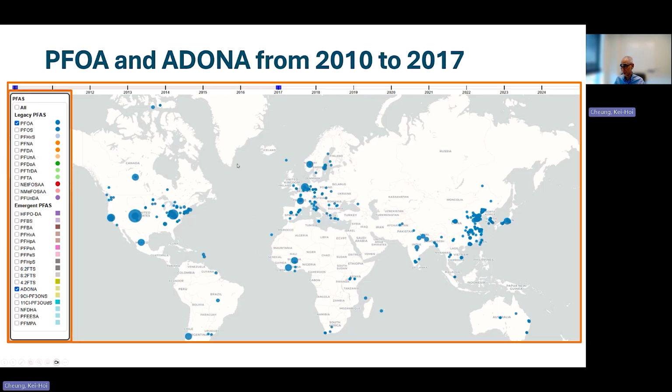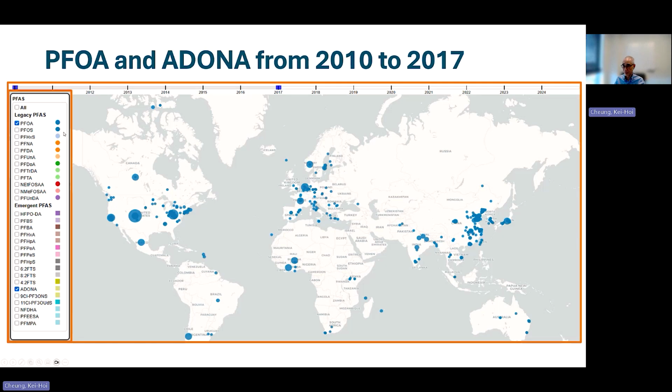So this is sort of the demo. Sorry, I can show you the static one. Try to avoid last-minute surprises. So this is the world map. On the top, you can see a similar time slider by publication year from 2010 to 2025. On the left here, you can see the PFAS list. So we break this PFAS list into two sub-lists. One is the legacy PFAS chemicals, and the other one is the emerging PFAS chemicals.